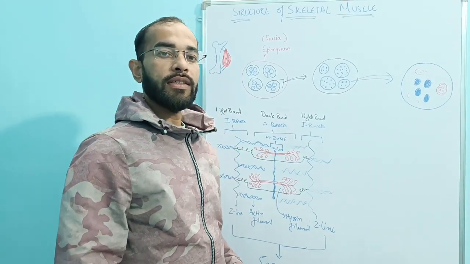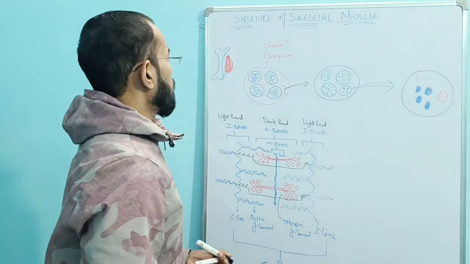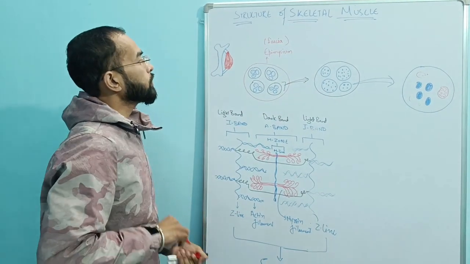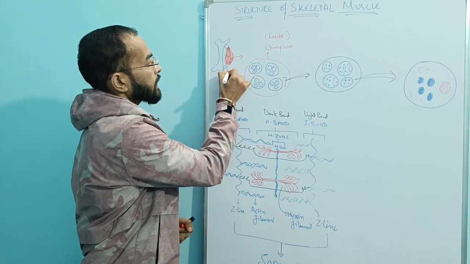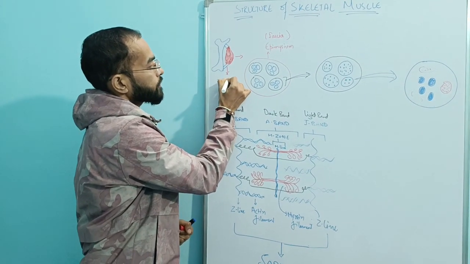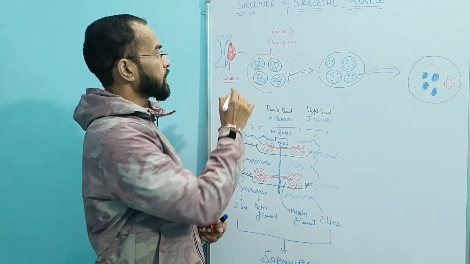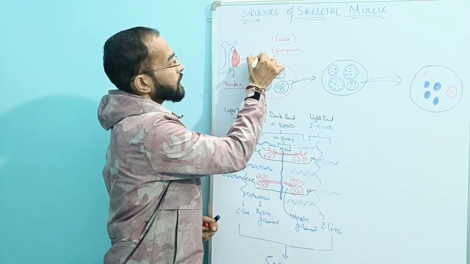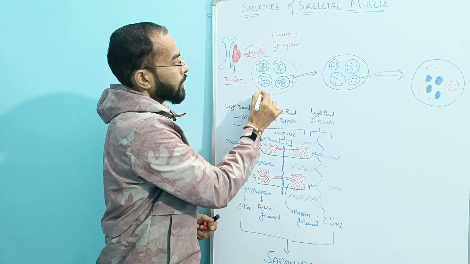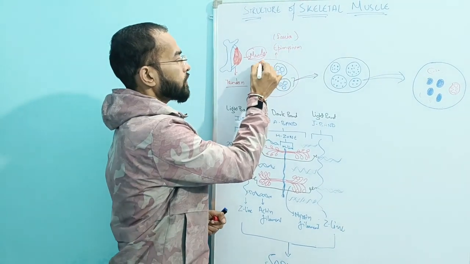So today we will discuss the topic structure of skeletal muscles. As we know, the bone is attached to the muscle through a connective tissue known as tendon. That is, tendon is the connective tissue which connects the muscle with the bone. This is the muscle. As we consider the whole muscle and dissect it in a horizontal plane, then we see